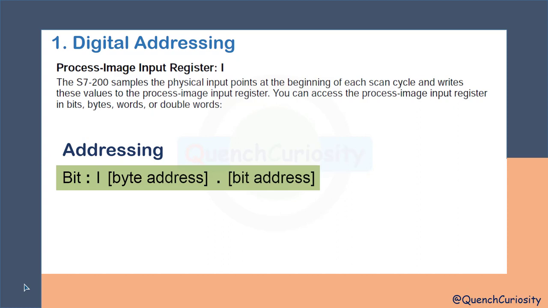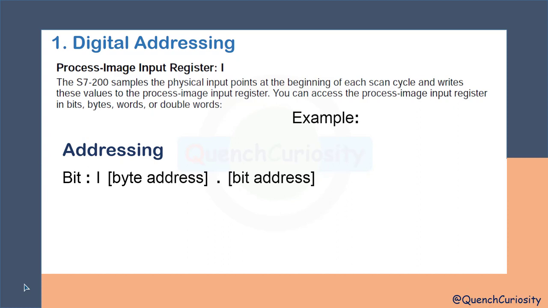As we know from our previous memory mapping knowledge, 1 byte is equal to 8 bits, counting from 0 to 7. Now let's see some examples which can help us understand how to write addresses for input registers.